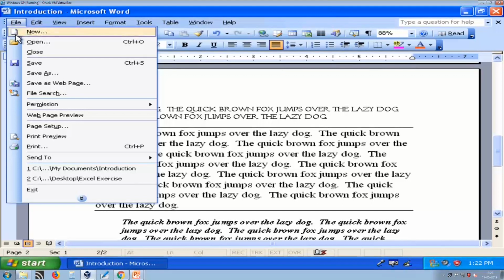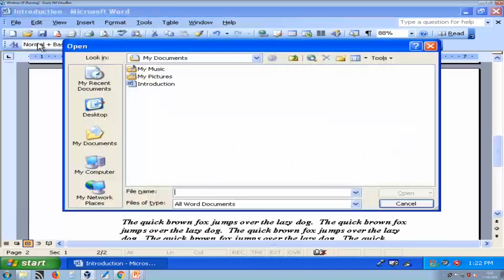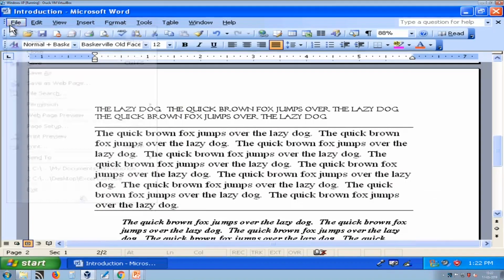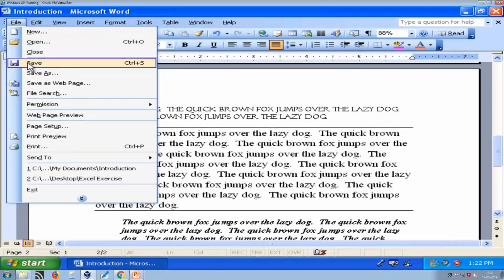Similarly, when you want to open your file, you can just press Ctrl O from keyboard, or you can go to file menu and then press open. Here by default it will show you my document folder. Here the file we have created is shown. If you create more files, the entire Word documents will be shown here, and from there you have to select file and then press open to open that file. So, this is how new, open, close and save works.